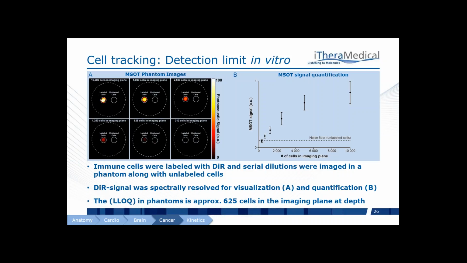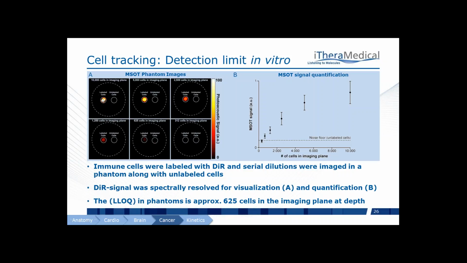We've also used MSOT to track cells. First, I show you a detection limit in vitro. Here we used an agar phantom with intralipid for light scattering, and we placed immune cells, in this case T cells, that were labeled with an IR dye. This dye incorporates into the cell membrane because it's very lipophilic, and it's a very easy method to label any type of cell. We have labeled cells and unlabeled cells in this phantom at 2 centimeters depth, and we can